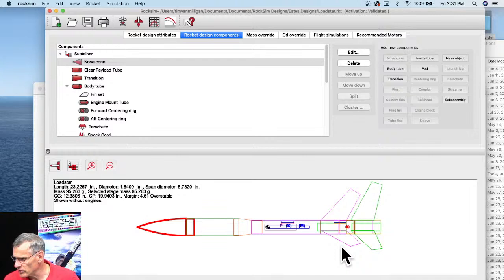Johan says, I always add a mass component of weight not counted to fine-tune my simulation. So what Johan is saying, there's actually another way you can do it. You could just add a mass object into the rocket to get it up to 100 grams. And as long as the center of gravity is in the right spot, that works really well too. So to do that, I